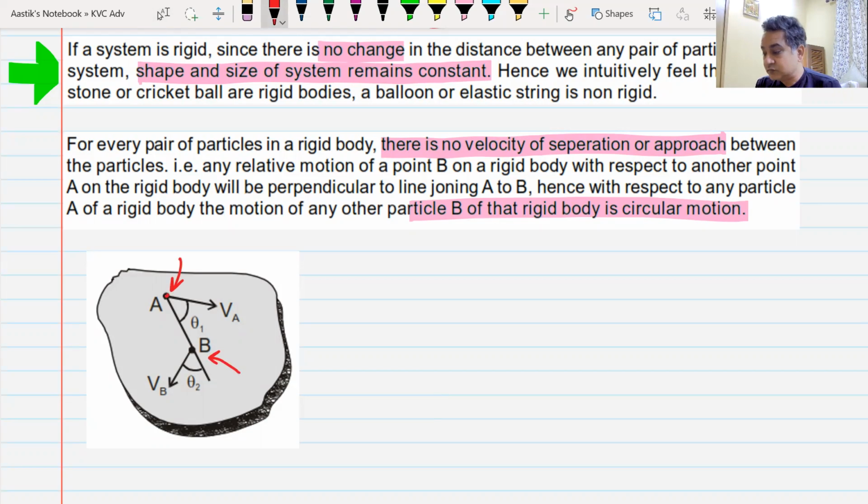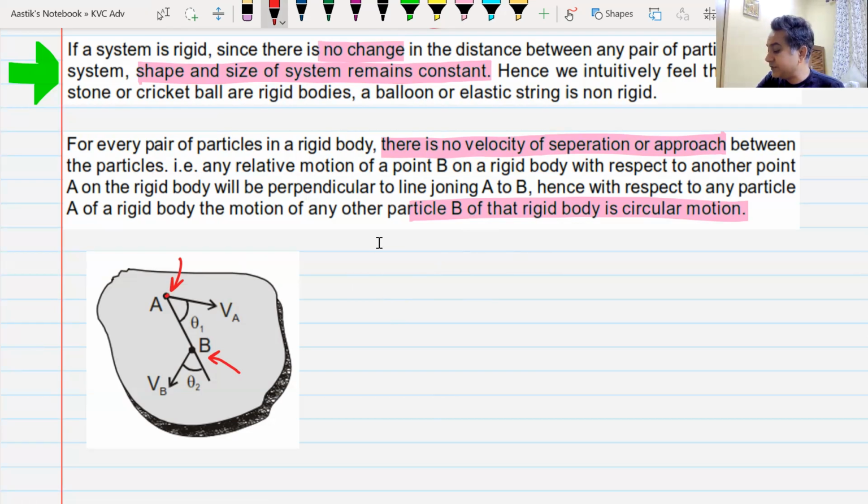Now, since we know that this entire thing is a rigid body, and if someone gives us the velocities of A and the velocities of B in this way, we can easily find out simple equations based on their velocities. Yes or no? What equation can we write looking at this diagram? If we know that this is a rigid body, it can move in any random fashion, doesn't matter. We can write some equation based on this. What equation can I write? Tell me.